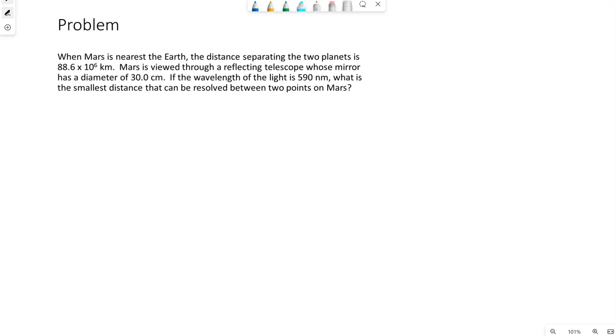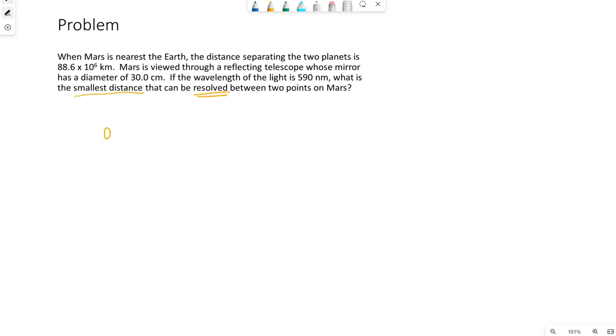We have an example problem here. When Mars is nearest the Earth, the distance separating the two planets is 88.6 times 10 to the 6 kilometers. Mars is viewed through a reflecting telescope whose mirror has a diameter of 30 centimeters. If the wavelength of the light is 590 nanometers, what is the smallest distance that can be resolved between 2 points on Mars? Smallest distance resolved